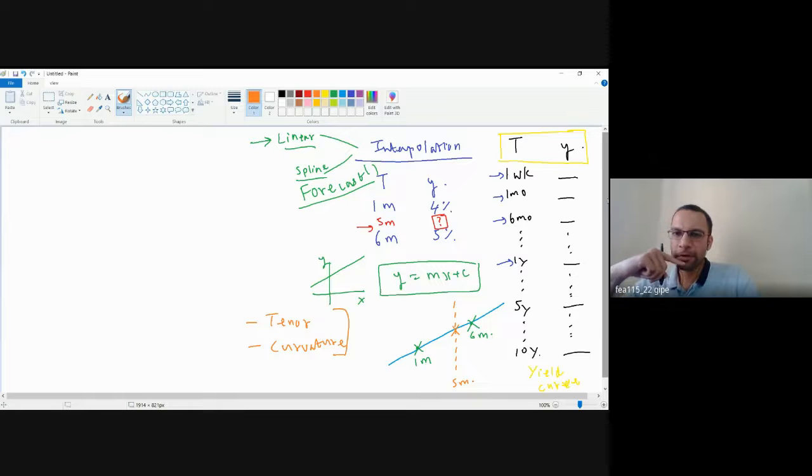So you can, because finally, whenever you talk of a yield curve, you're basically looking at interest rates at different points in time, right? So you're anyways looking at different tenors. These are my yields and these are my tenors. So this is what I technically call my yield curve. So I have yields at